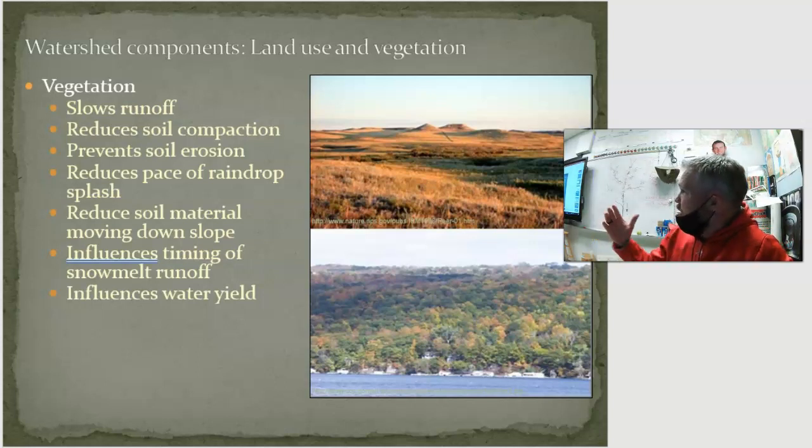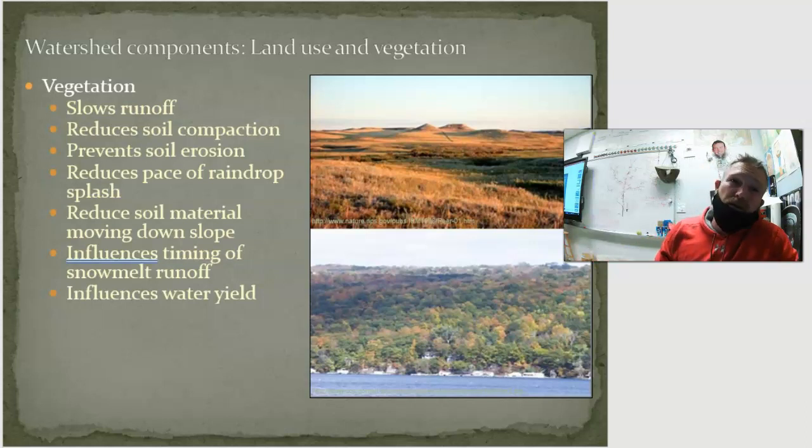So land use is where humans come in, right? And then vegetation is, there's natural vegetation, and then there's also man-induced vegetation. So that can kind of go across both. But basically, vegetation is going to do a lot of things for us that we don't think about it doing. The first is that it slows runoff, which also inhibits erosion, which cuts down on sediment being carried downstream. So that in itself is important.